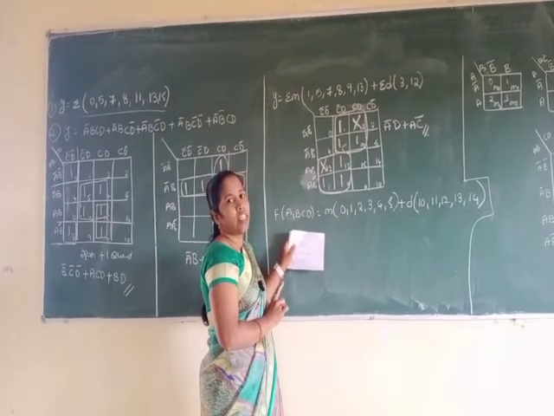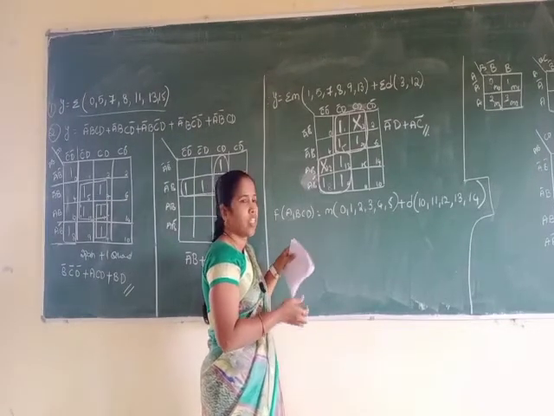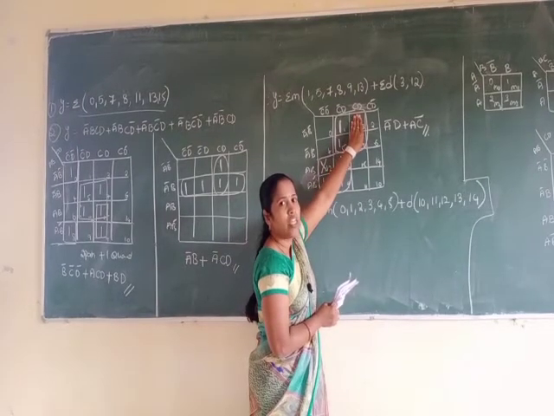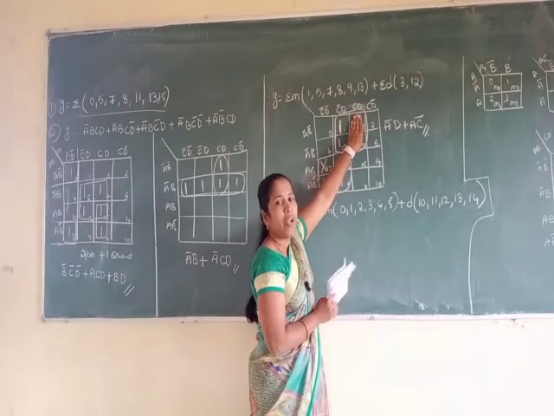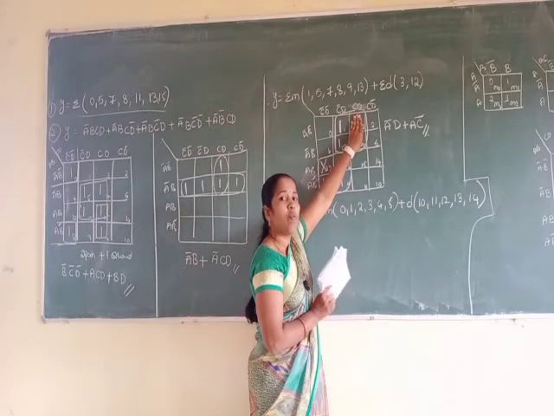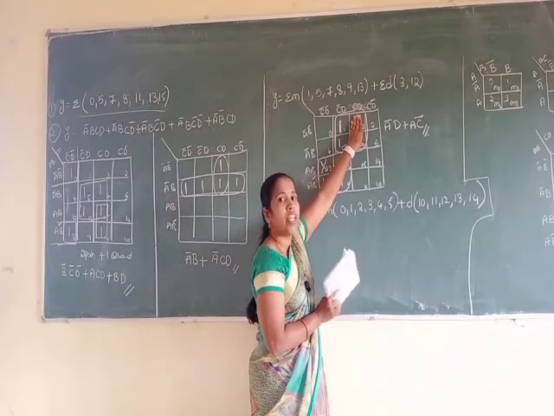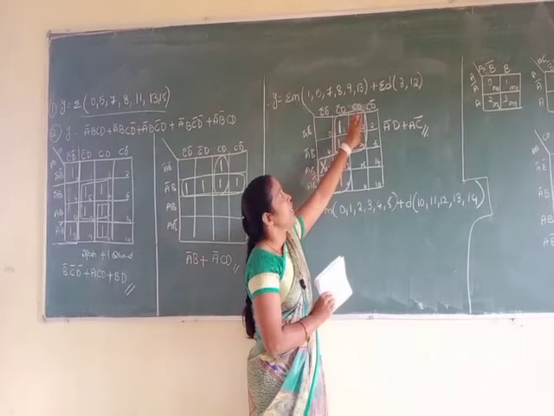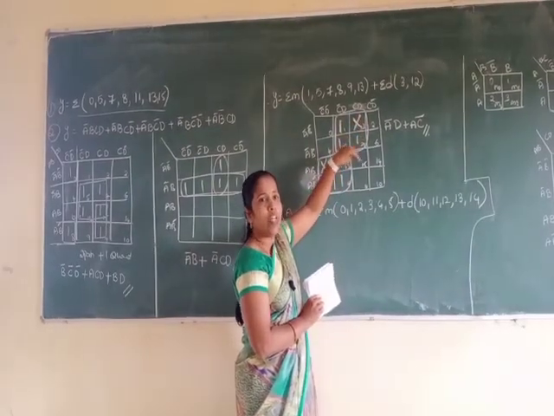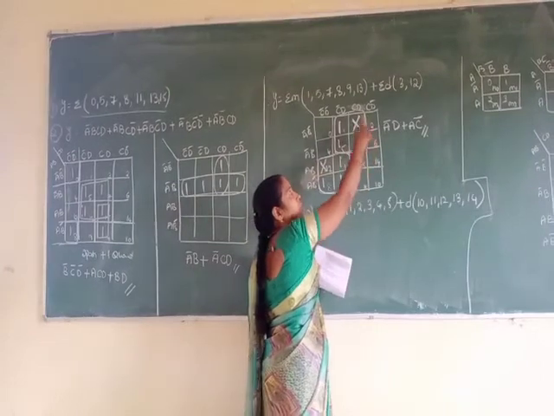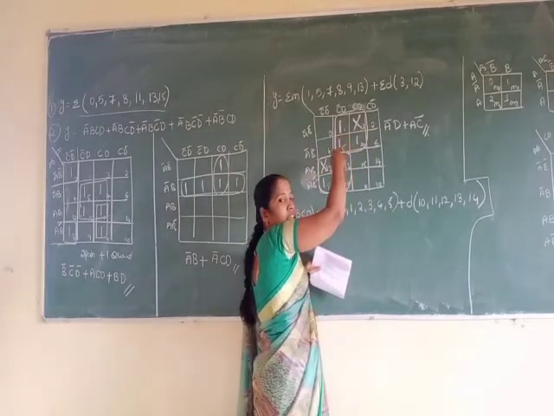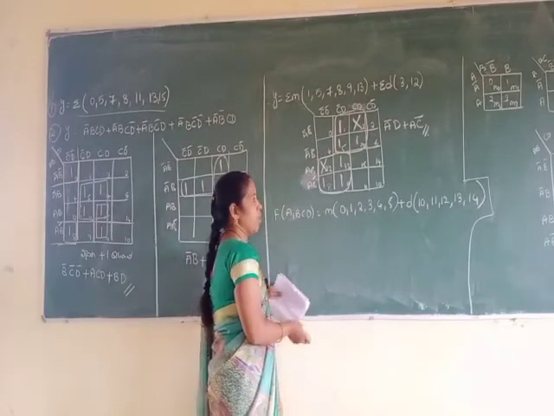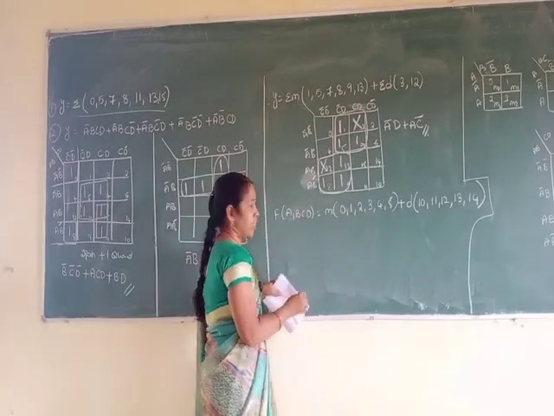The reduced expression is obtained using the don't care condition, which is represented by X. If you are not using this X, then you can create two pairs. Pairs means the expression will not be reduced here. If you take a quad, then only it is going to reduce the expression. So for that only I am including the don't care condition X. It creates one quad, and when a quad is included, it reduces the expression. So one more example along with the don't care condition I have taken.